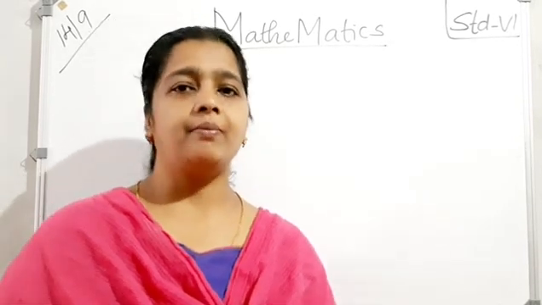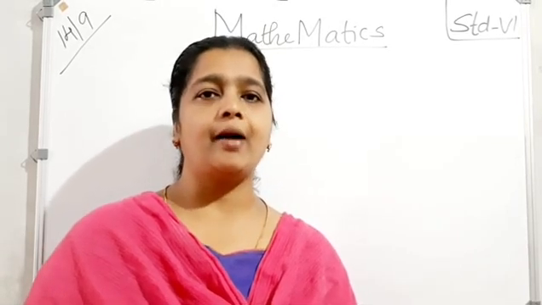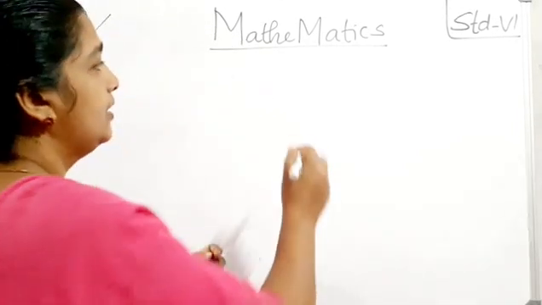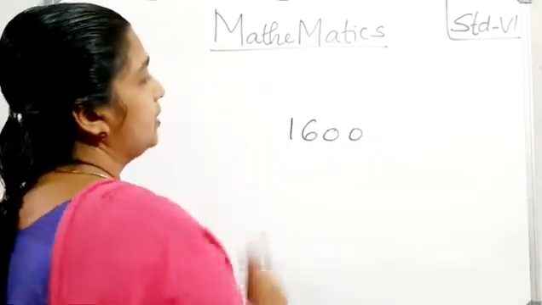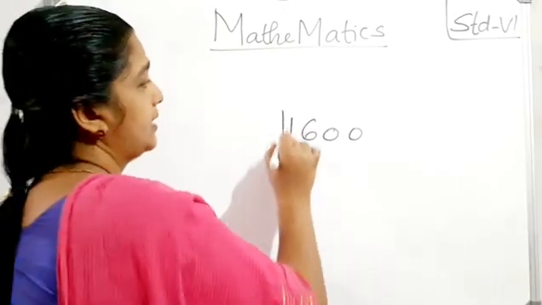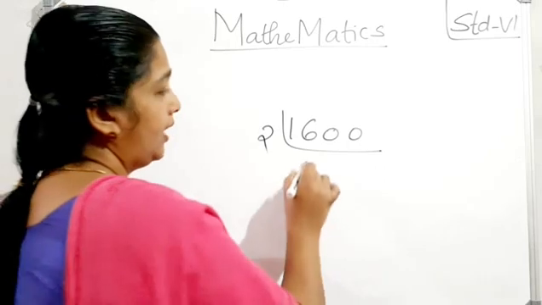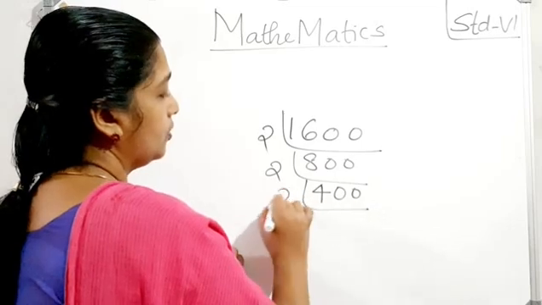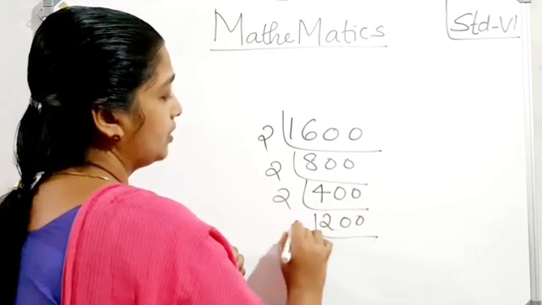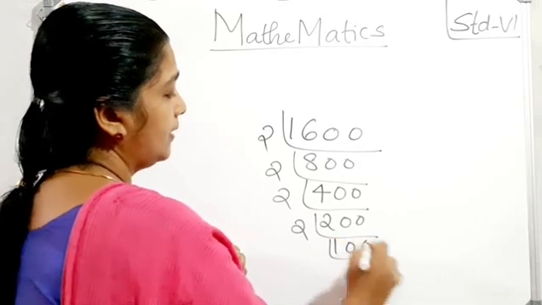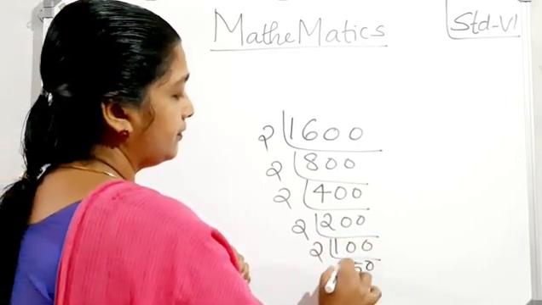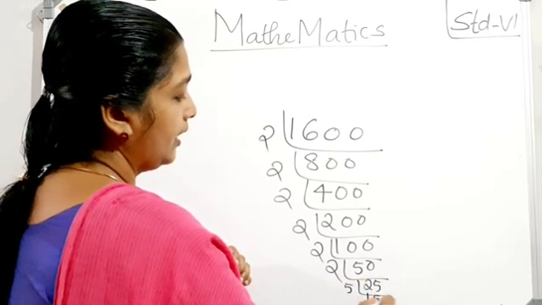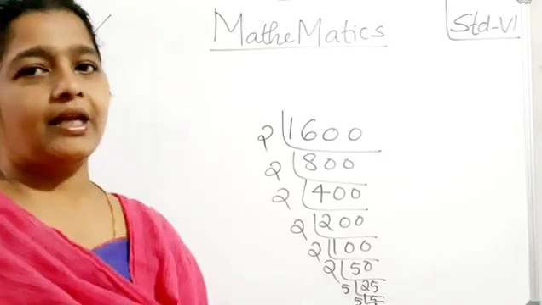So you know the prime numbers. Using prime numbers we can factorize numbers, that is known as prime factorization. Clear? So one number is 1600. Then we want to use prime factorization. First we take 2, then 800, then 2, that is 400. Again 2, 200. Next 2, then 50. Next 2, 25. Then 5 by 5. Again 5, 1. Understand? Prime factorization?